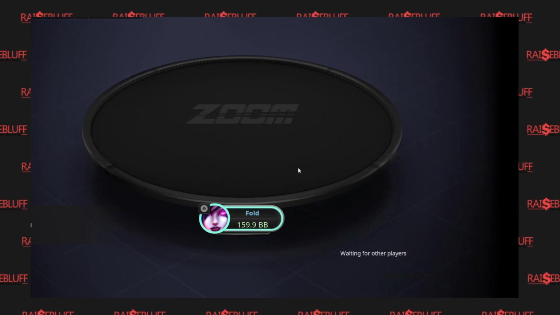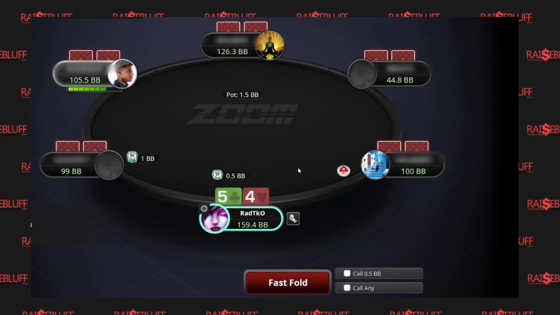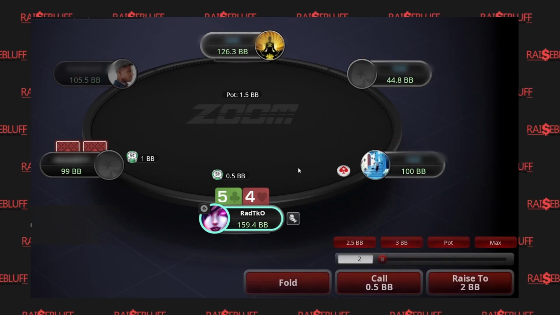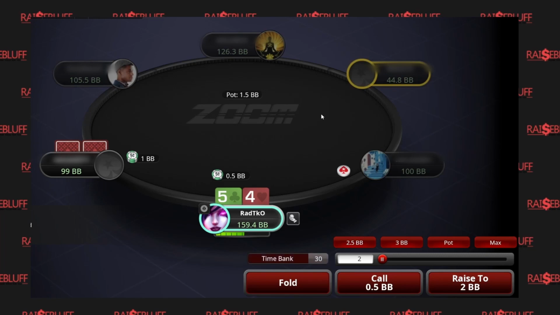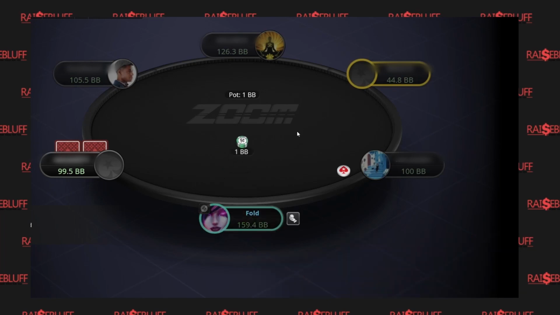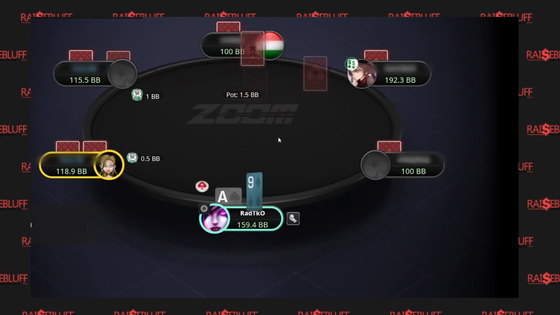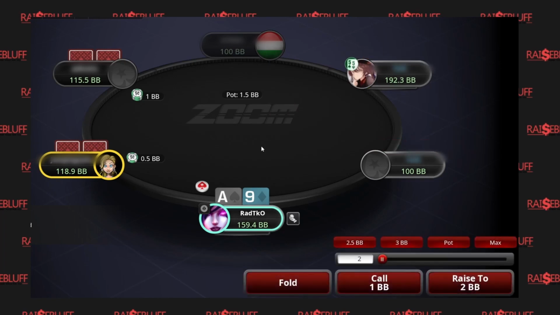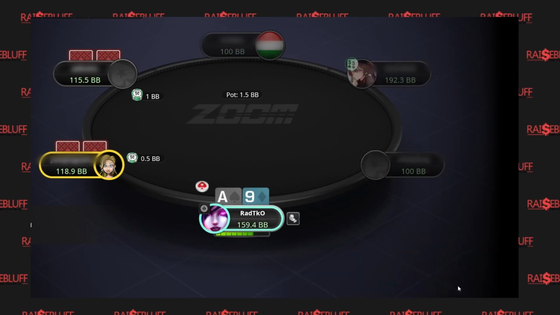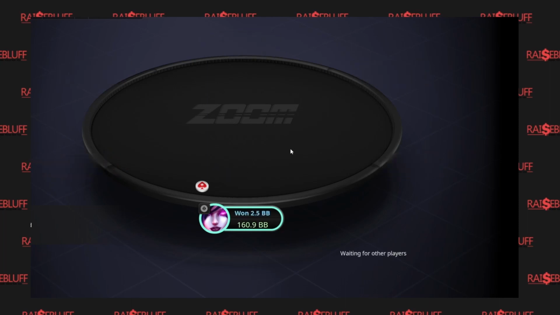Yeah, if you are playing 2 or 3 Zoom tables and you are not marking the players, I recommend lowering the number of tables and just keep marking properly, because it really helps you in the future when you meet this player again who you already marked, and say he's doubled and he's got like 180 big blinds, and you don't know anything about him except the label you assigned to him, and it will really help you to make better decisions against this player.